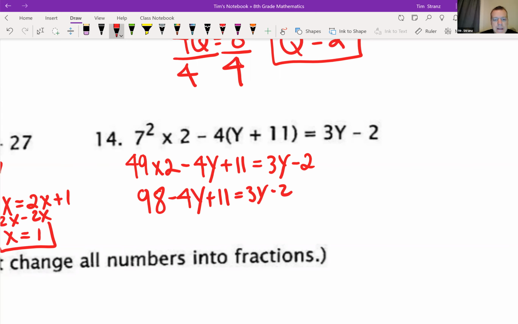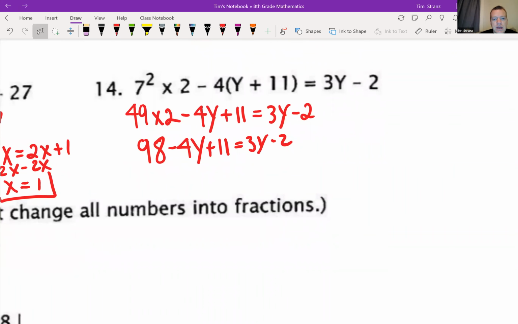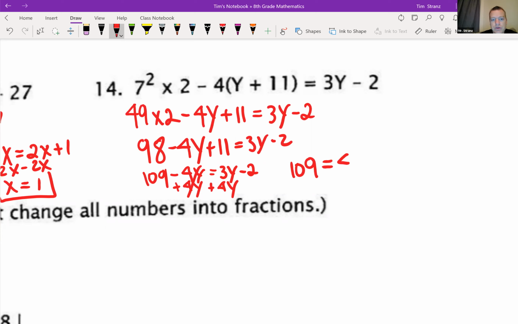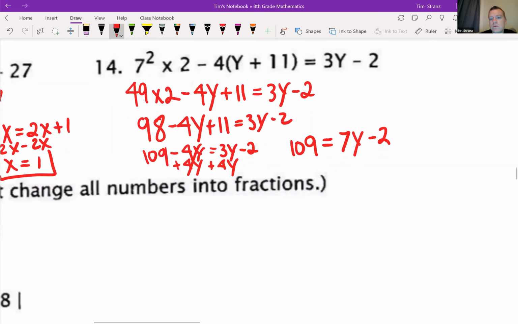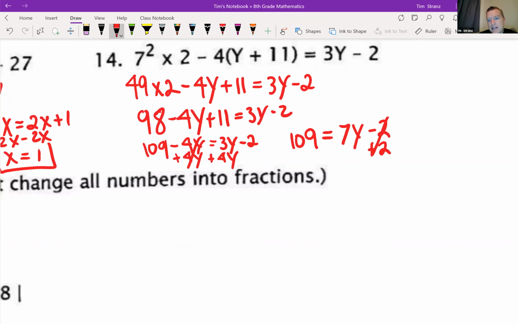Okay, 98 plus 11, I'm going to have to do that first, which is 109 minus 4y equals 3y minus 2. All right, I am actually going to add 4y to get rid of it on this side. I'm left with 109 equals 7y minus 2. All right, I'm going to move my 2 over, add 2,